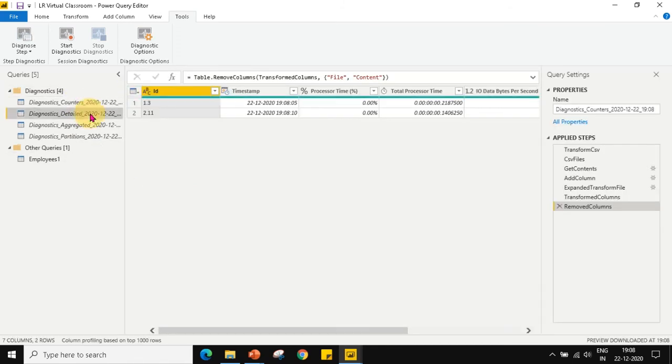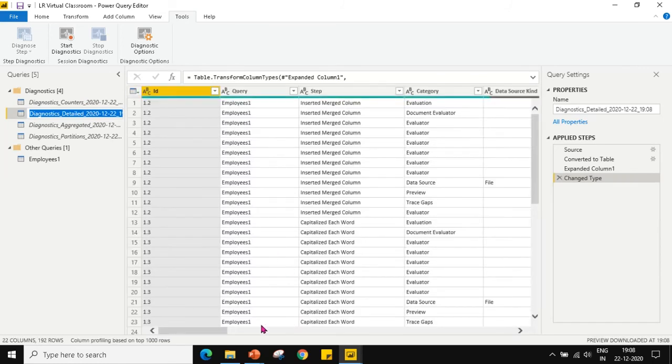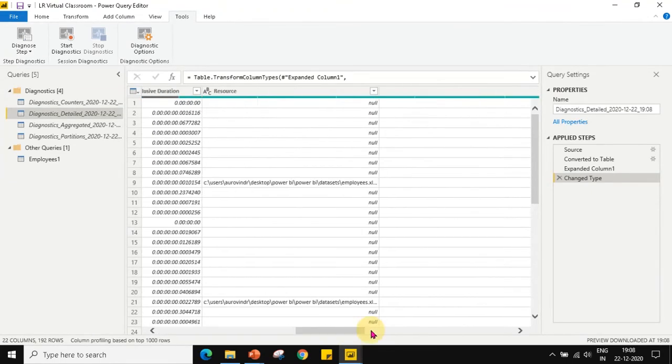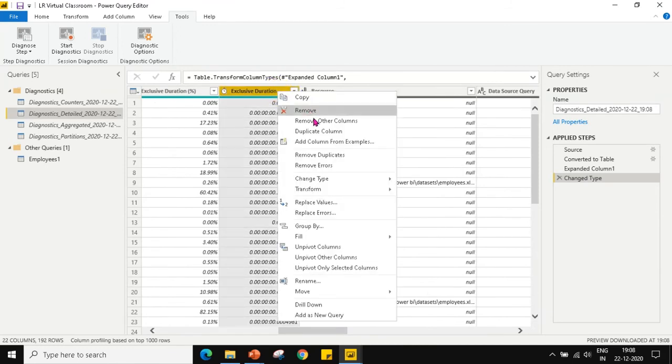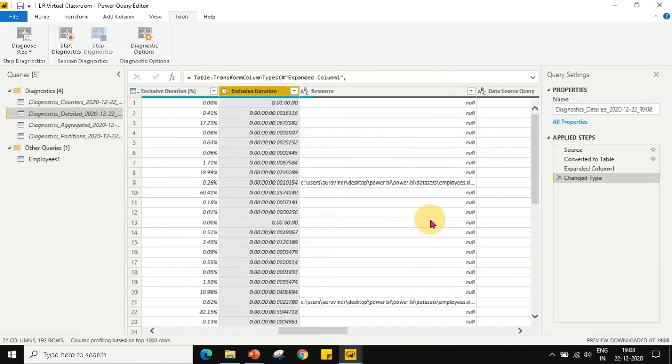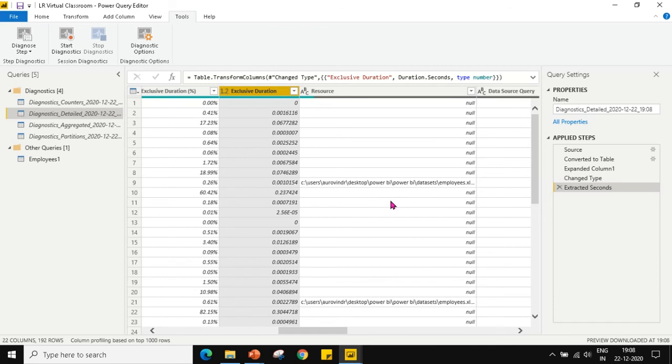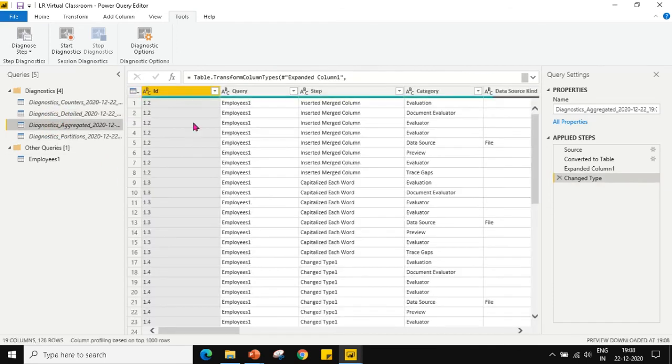This is the diagnostic detail step. It shows me how much time I have taken in my database to perform each and every step. I can convert this into seconds, so it tells me which step takes more time. It will help me as a starting point for my investigation. This is for performing your diagnostics for all the steps that you have done in your query editor.